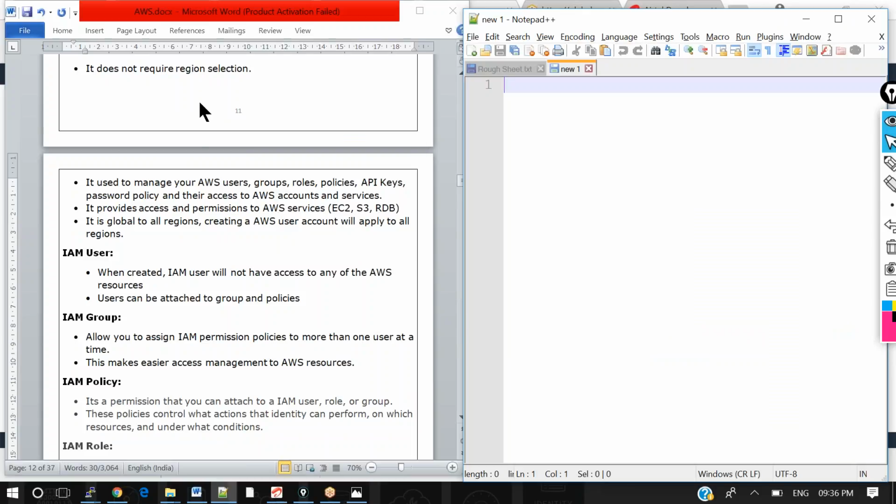What are the two users which we have created, guys? One is Boss, another one is Shrikant. Here I have given the access for Shrikant. I have given the full access for one of the services called VPC. So these are the AWS services.